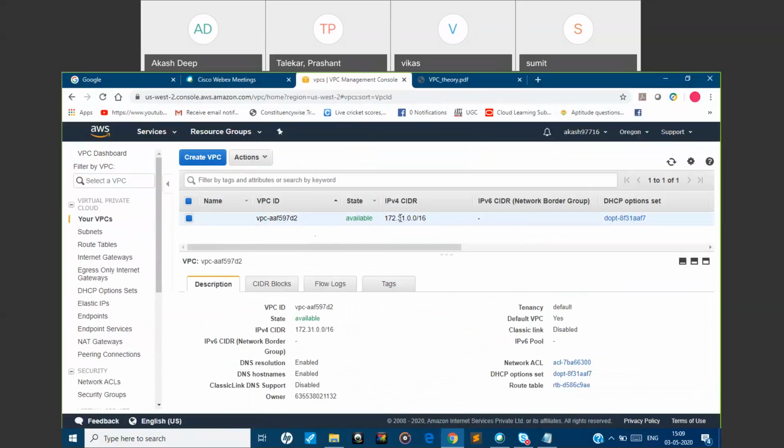You will be able to see this VPC that AWS has created by default for us, and the CIDR notation is /16. The IP range could be anything, but you need to think of it as /16, and this is the minimum; you can't go beyond that. This thing you also need to remember: 16 bits are fixed for the network, and the rest 16 bits you need to utilize for your hosts.